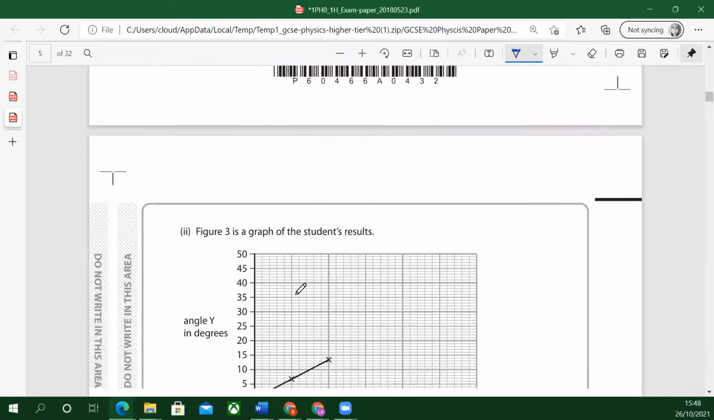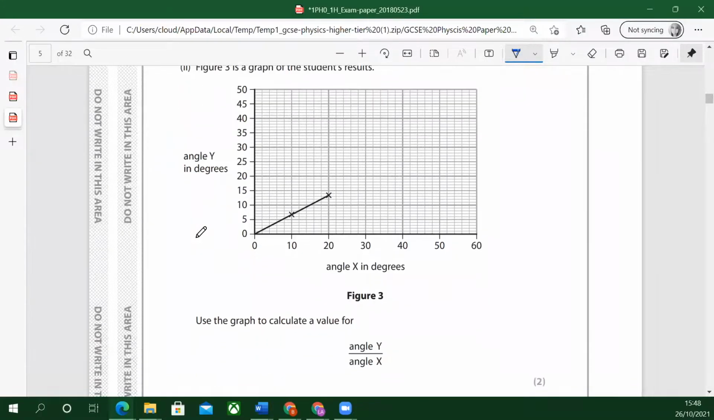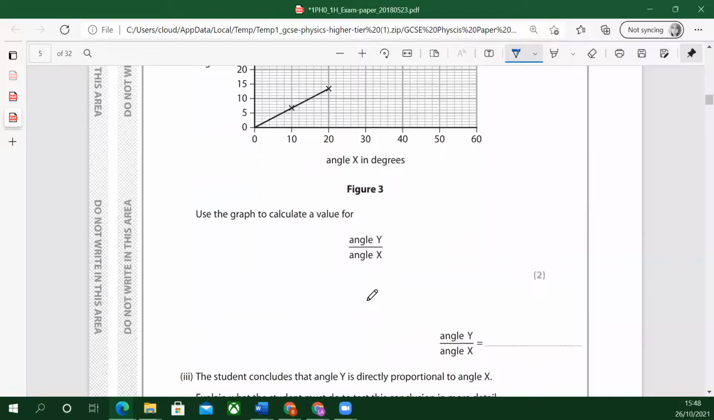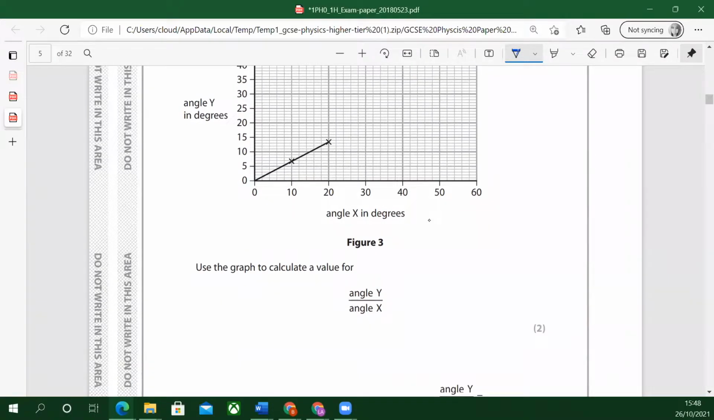We might have to refer back to the diagram. Figure 3 is a graph, this one, of the student's results. Use the graph to calculate a value for angle Y over angle X. That sounds harder than it is, but all it is is reading things from the graph. So let's pick an easier point from the graph. Maybe we'll pick that one. That's on 20. So let's write angle X over here,